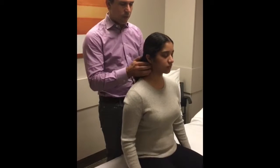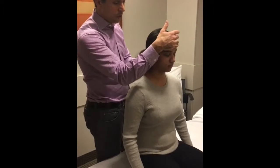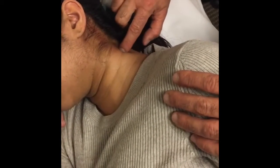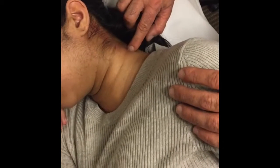So now we have to think of what will be our highest value node, our greatest bang for our buck. Found with motion palpation at around, I'd say, here's her mastoid process, here's C7, so you're looking around the mid-cervical spine. So you could ballpark, if you have to call it something, around C3, C4,